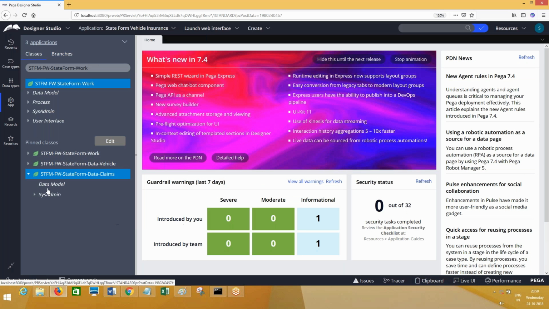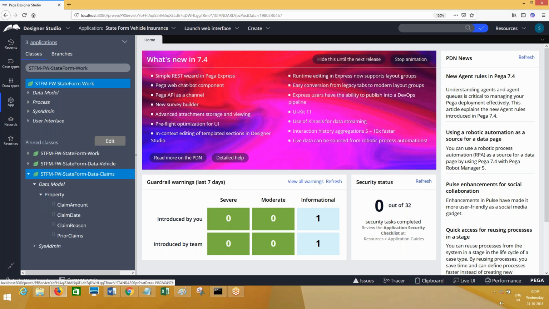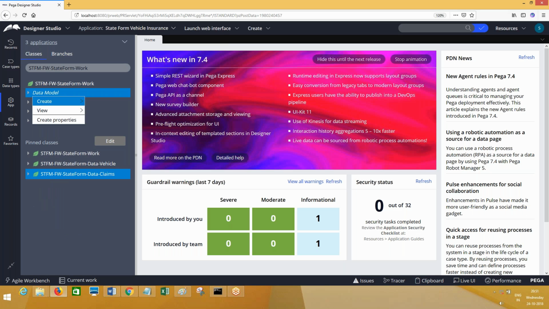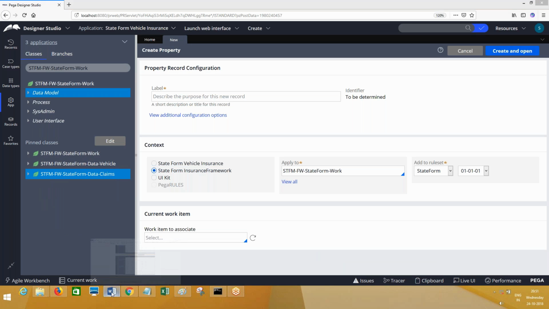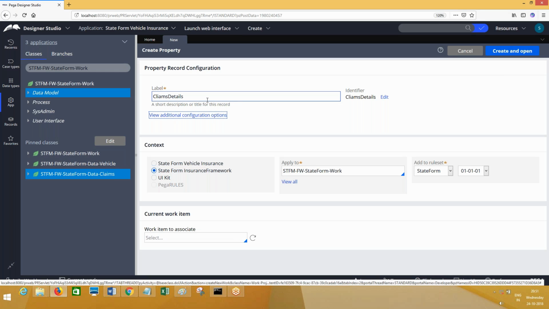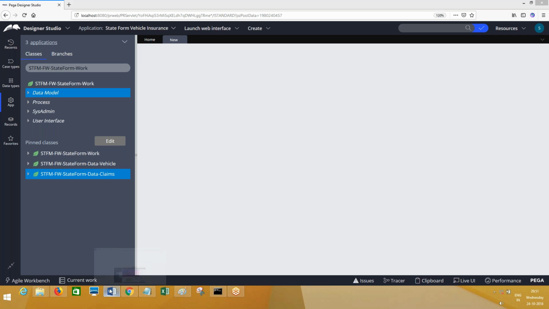Claims class is available, so that's fair enough. And here you go. Data model, create property, Page. What is the name of the property? Claims details. You can give any name, make it something meaningful. Claims details. Create and open.